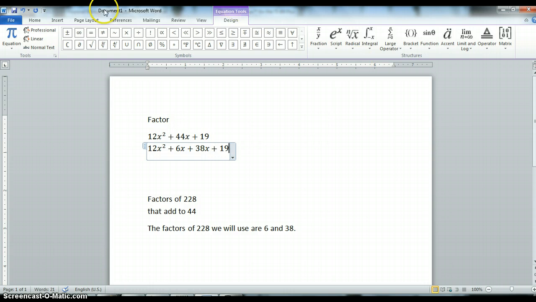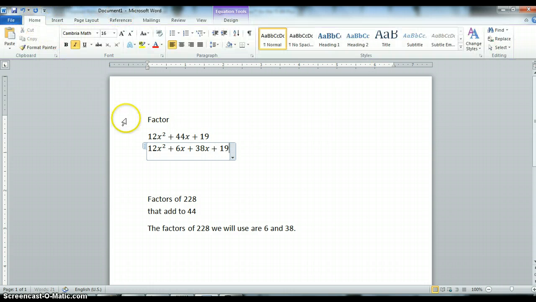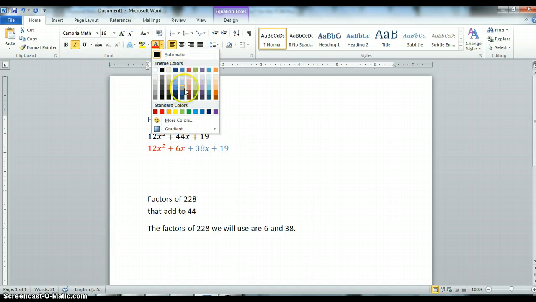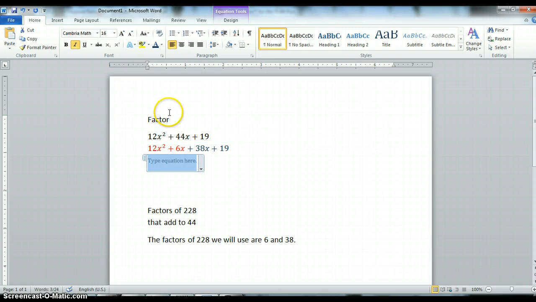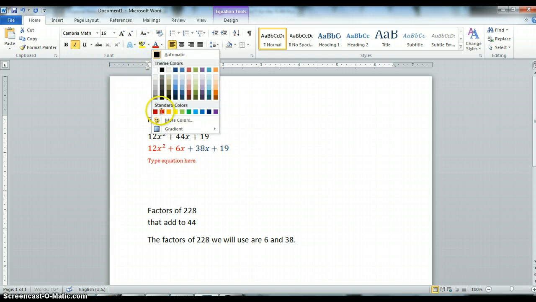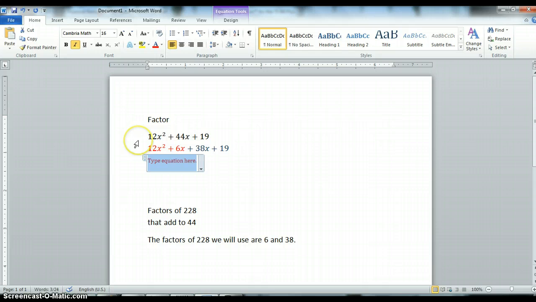Now we're going to group the two terms together. So we're going to group these two terms together, and we'll group these two terms together. Make this in a color that you can see. We're going to group the first two together and the last two together. What can we factor out of these first two terms? I think we can take a 12 and an x out, right? So if I take a 12x out of the first two terms,